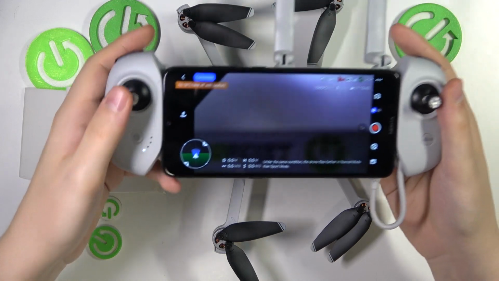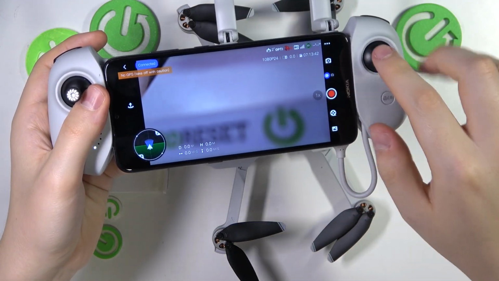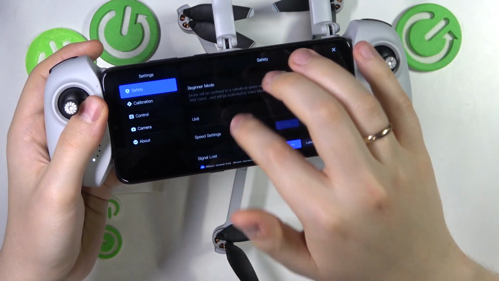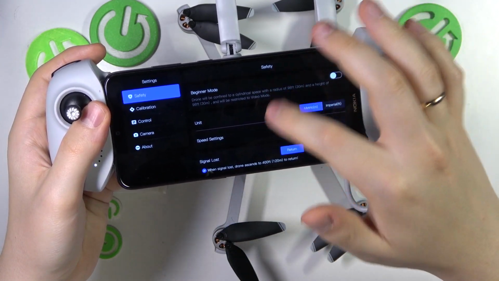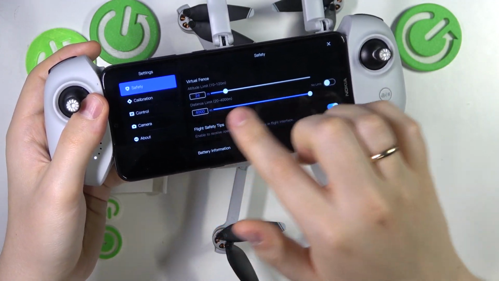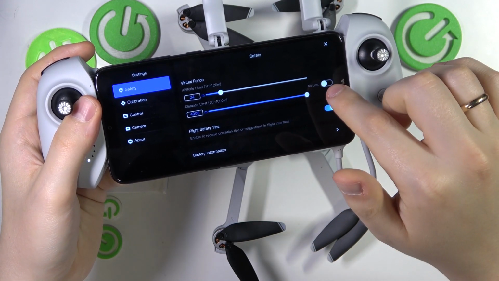So to start, you will need to launch the camera view of the Potensic Pro app. Then here to your top right you'll find these 3 horizontal dots which you need to tap on. Then to your left select the safety section and scroll the safety page down once again. And here, right in front of the distance limit adjustment bar, you'll find the no limit toggle, which you need